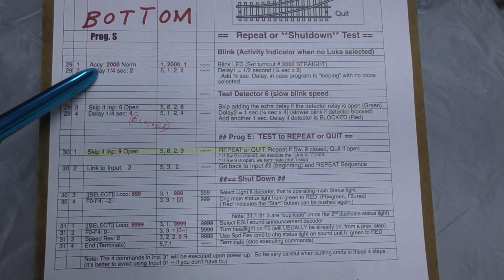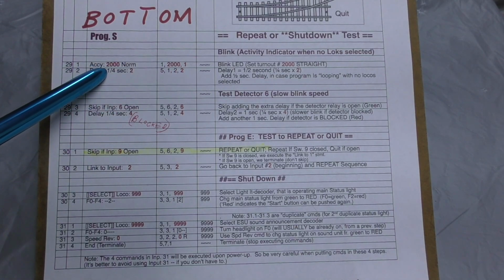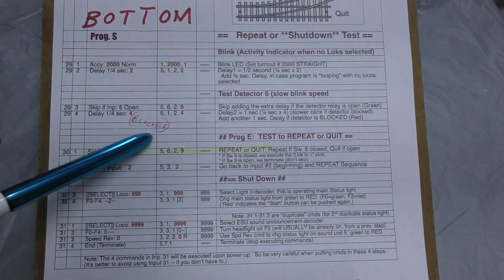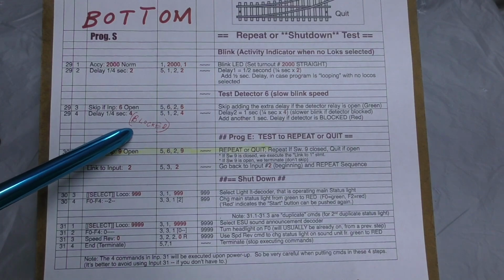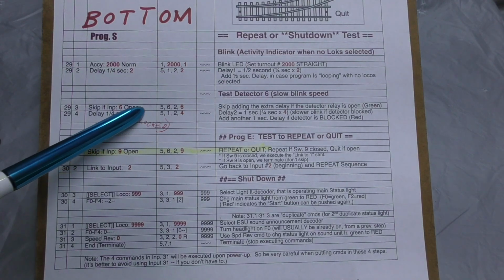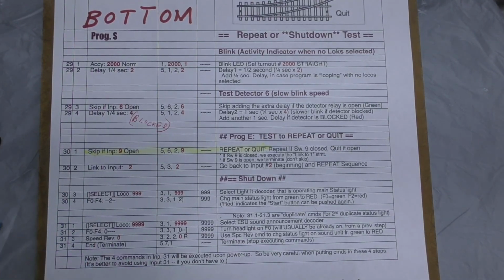That's what this accessory 2000 norm does. That's a non-existent turnout. We send a command which makes the LED on the mini panel blink. Now, if we block our detector, or if we're doing our detector test, if we block our detector, it adds an extra second delay here, and that's what slows the blinking down when we do our detector test. So this is basically the end of the program. And notice we're in